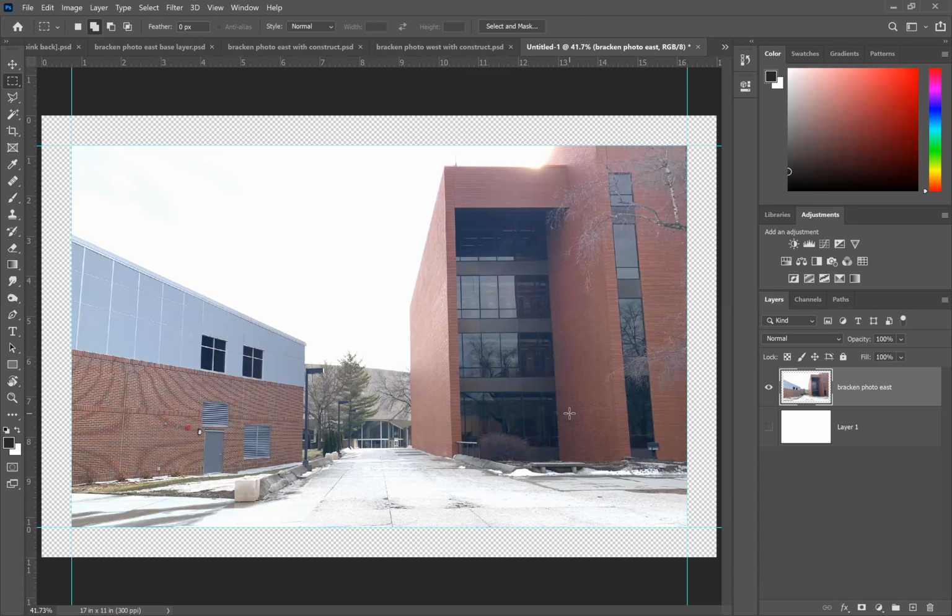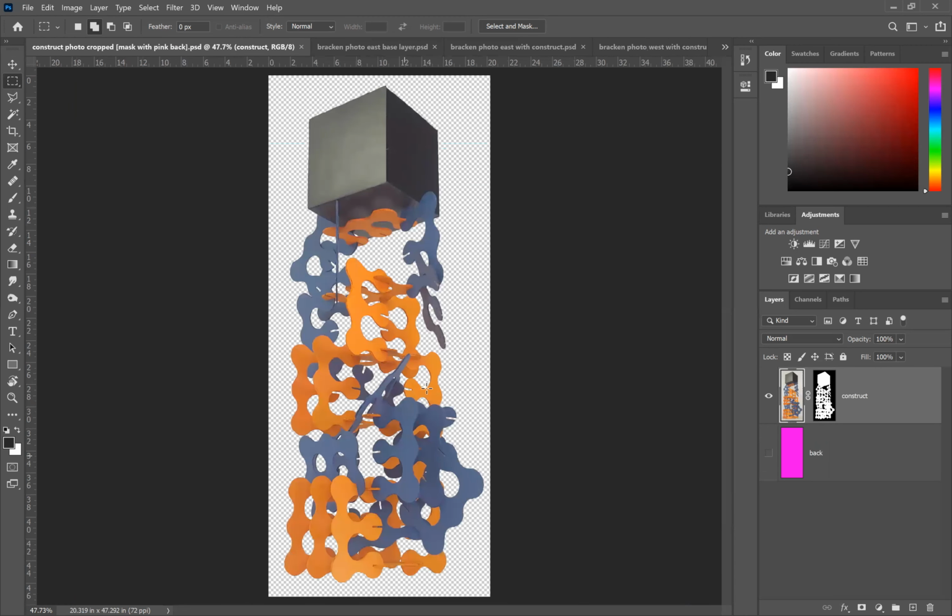All right. Let's bring in another image. We brought in and placed embedded this image. We are now going to bring in another image. And guess what we can do? We can bring in our saved Photoshop file of our cleaned up construct image. That's right. So as long as we save that with the pink background off,